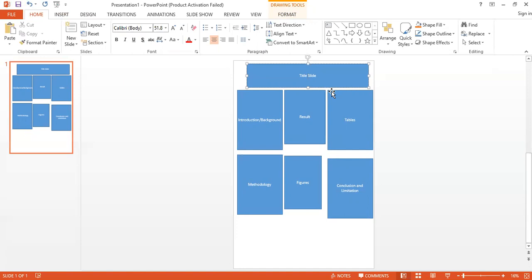Now in the title slide you need to mention the title of your poster. You need to write down the names of the authors or the name of the study team, and in most places they want whoever is presenting the poster to be underlined, followed by your department and your institute. It is always better to have a logo of the institute on the top left side, so that it depicts that you are presenting a poster and you belong to this particular institute.